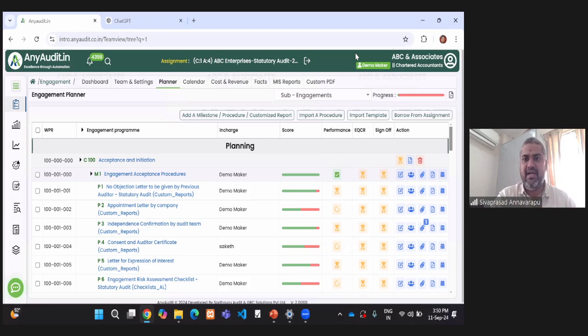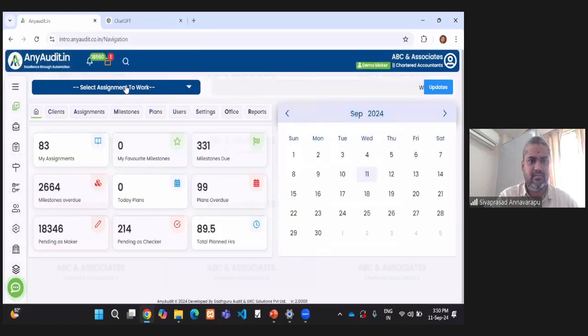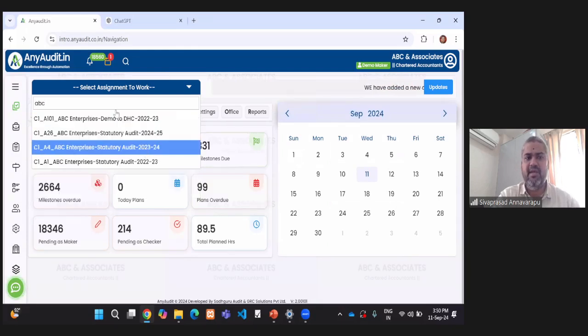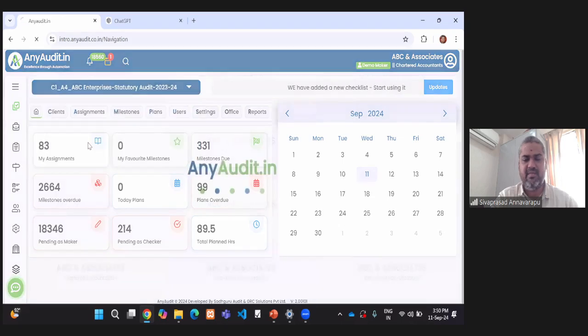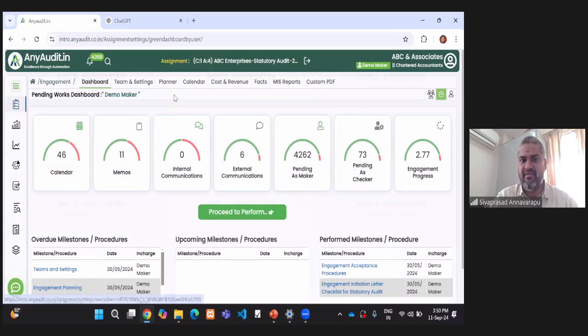And let me take you through one of the assignments. So this goes like this. The user will be able to select the assignments to which he has the access rights. So let me take one assignment as a sample. Now, what is to be documented first?